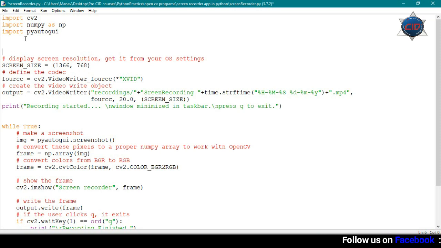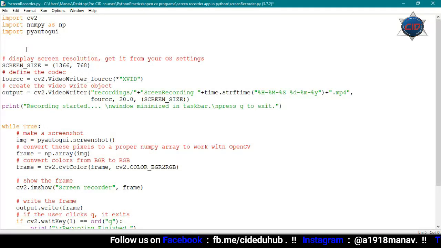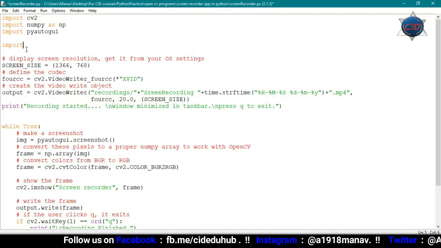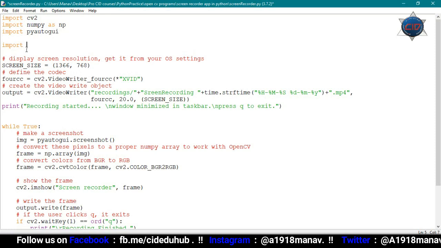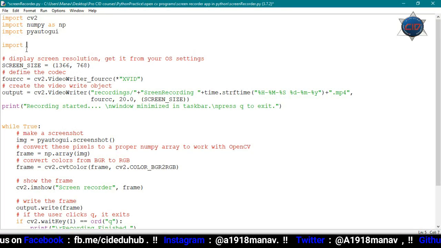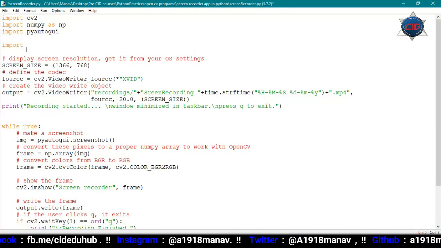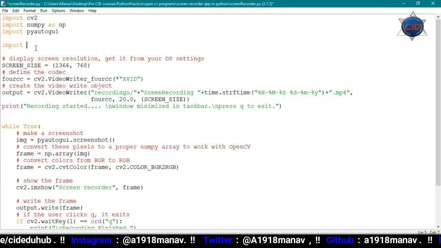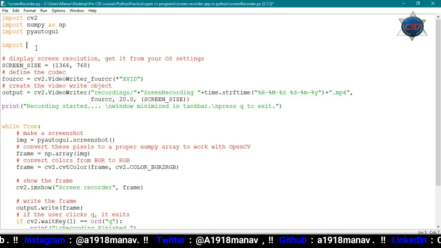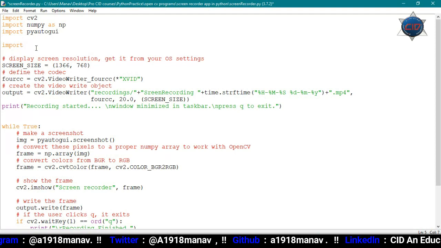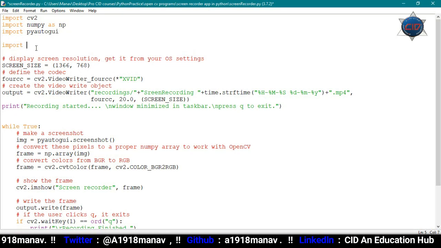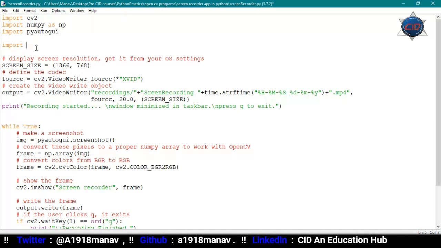So for that I'm going to import two more libraries here, and the first library is Win32 GUI and next is Win32 Con. Okay, we have already worked with these codings when we were making a CCTV camera with OpenCV in Python in a previous video.